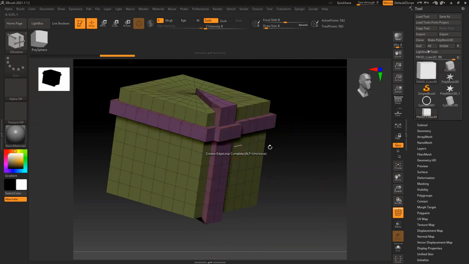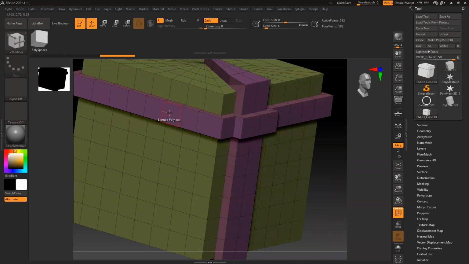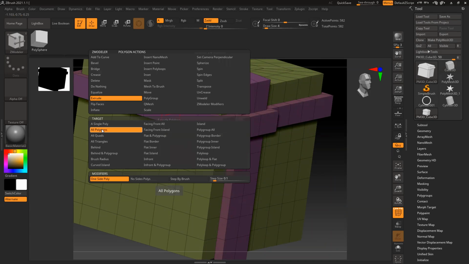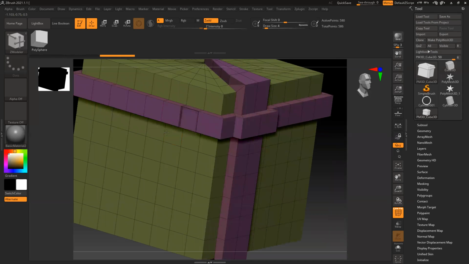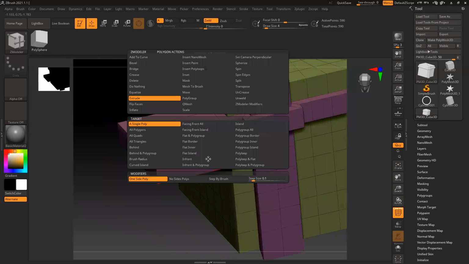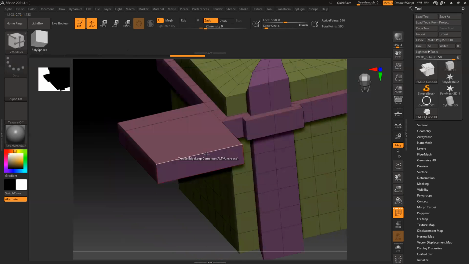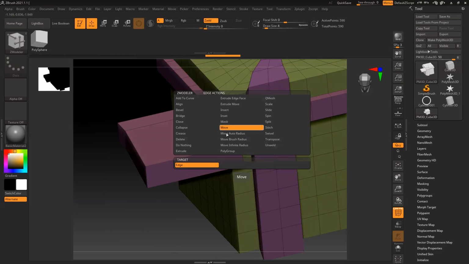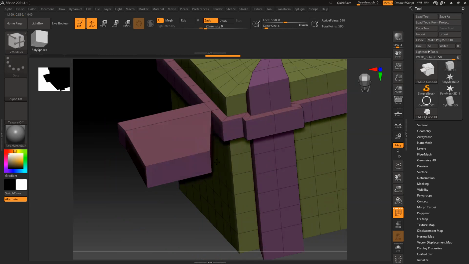Okay, sir, it's super simple. Yes, it's not like Max, it's a bit different. But if you know what you're planning, suppose I want to extrude only this surface, I'll switch this to single polygon and extrude this. Now if I want to extrude this one, I can do that. If I want to scale one single polygon, I can scale, rotate. In edge mode, I can click, and suppose I want to move it, I can move the edge.